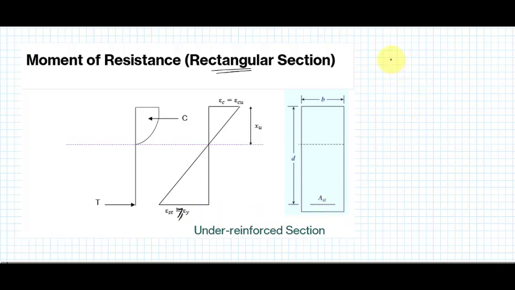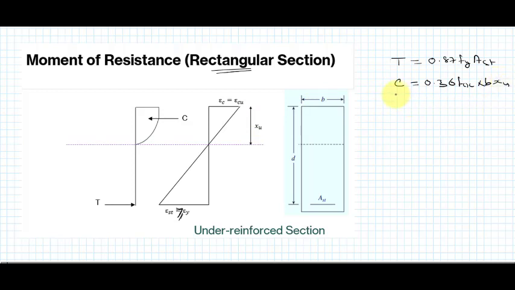So again here, if I want to know what is the tension force that is going to act on the steel, it will be 0.87 fy Ast, and the reason is the steel is yielding, so the tension force will be 0.87 fy Ast. Here we have the stress block diagram. So again, if I talk about the compressive force, it will be average stress 0.36 fck into area of concrete. Area of concrete is how much? b into xu.